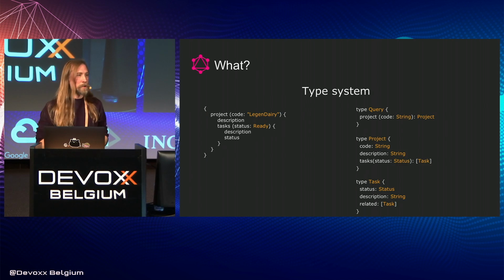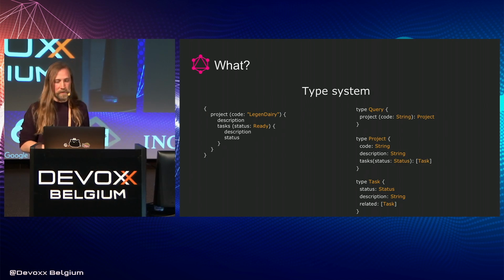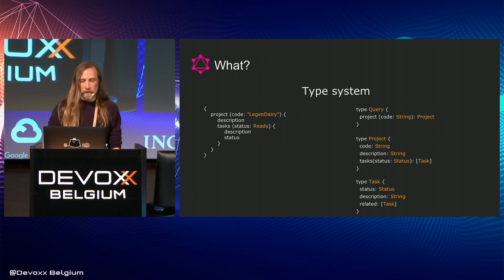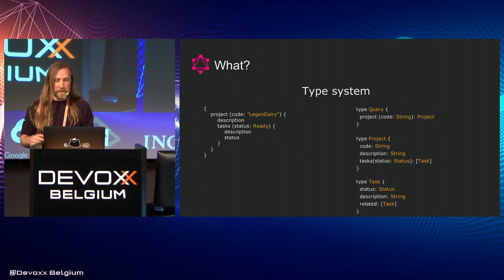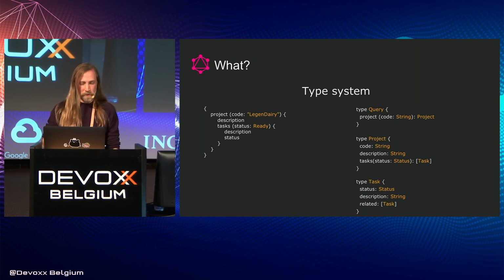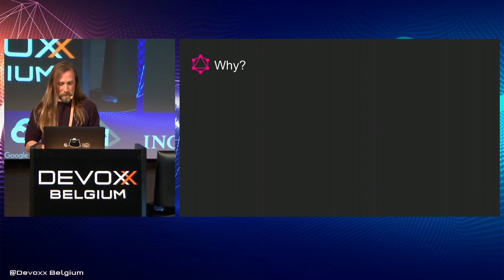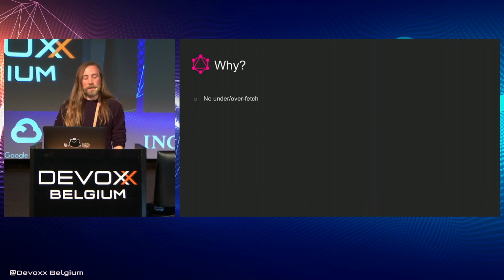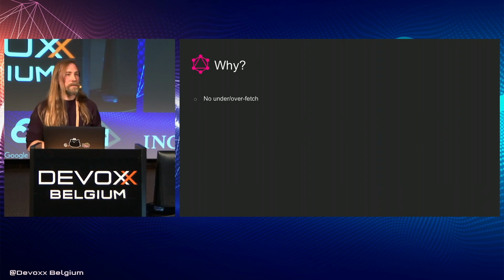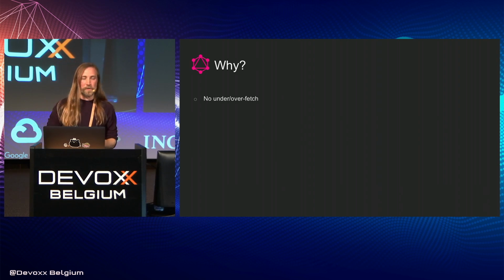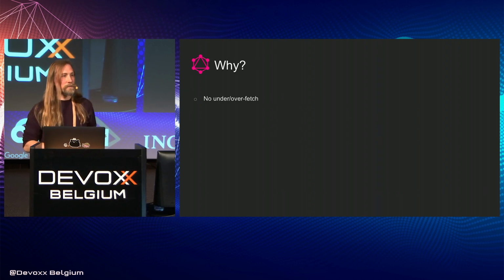So the interesting thing to note is that you can have circular relationships here, like task can have other related tasks connected to it and so on. Status is an enumeration in this case. I didn't list it, but it's a simple enum. So why would you want something like this? You already have multiple ways to talk to your backend, right? So why another one? Well, GraphQL promises that the client will never have to under or overfetch,